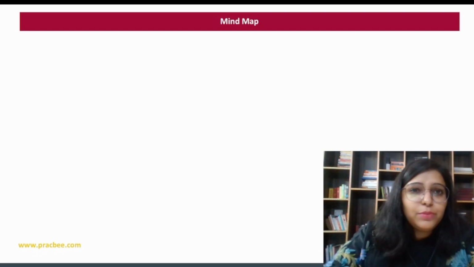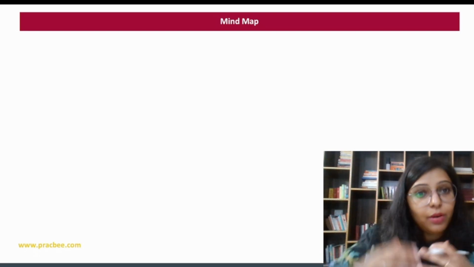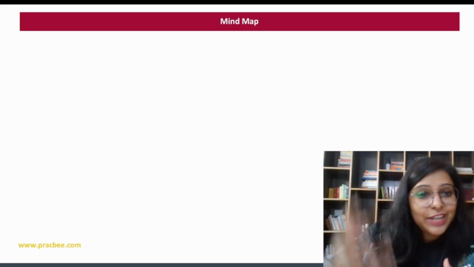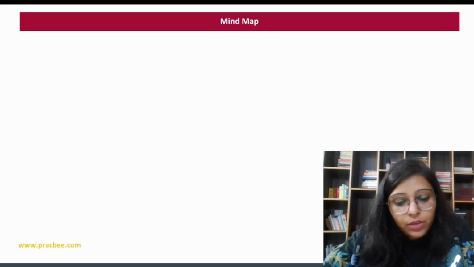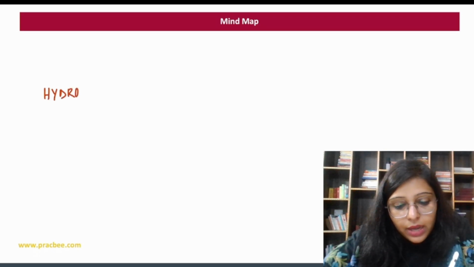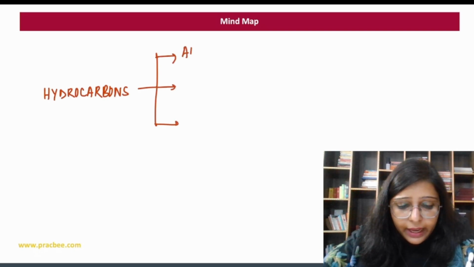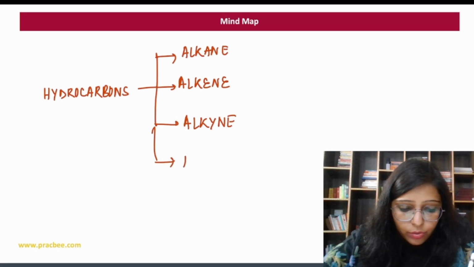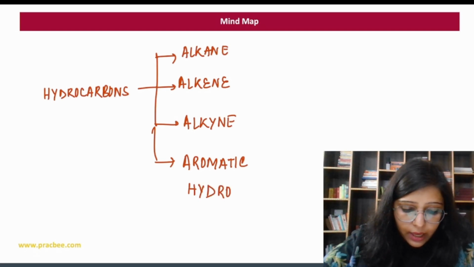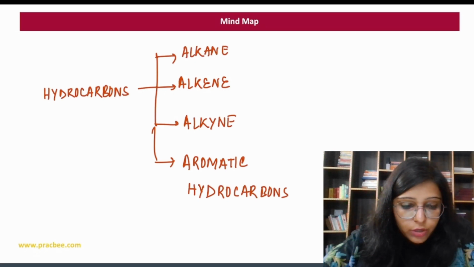Next, let's discuss the mind map. In the mind map, obviously, I am not going to write all the chemical reactions which are in hydrocarbons, or which are in alcohols, phenols, and ethers. Basically, in the mind map, what you need to study is just hydrocarbons, right? It is divided into alkane, alkene, alkyne, and aromatic hydrocarbons, right? Now with respect to every topic, what you need to study are these